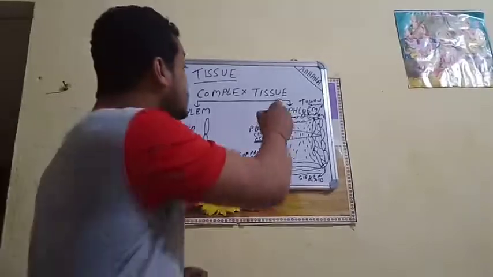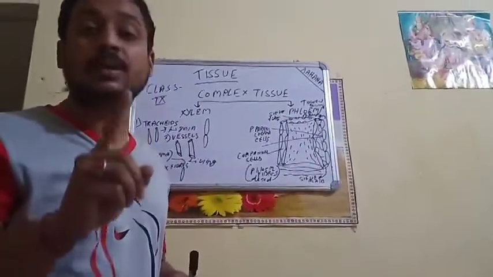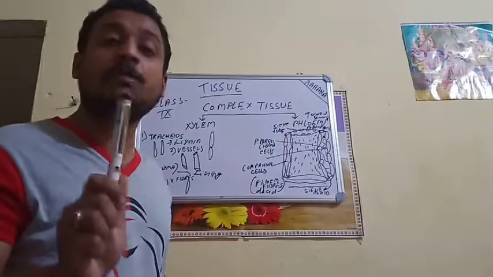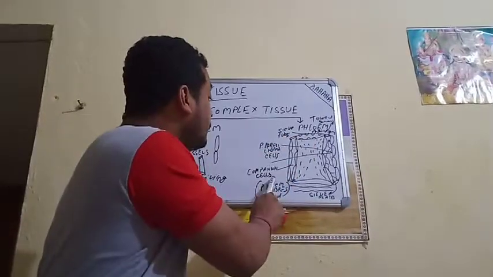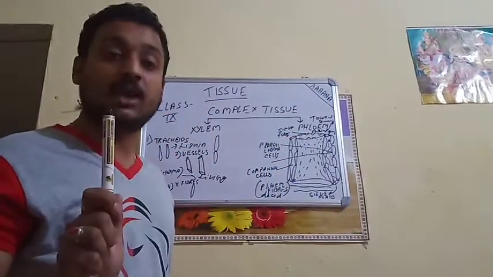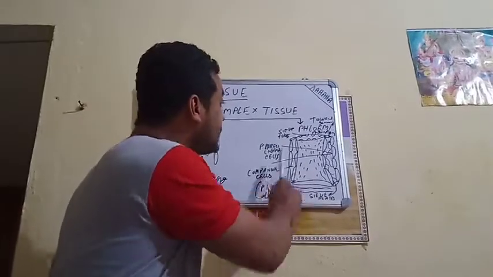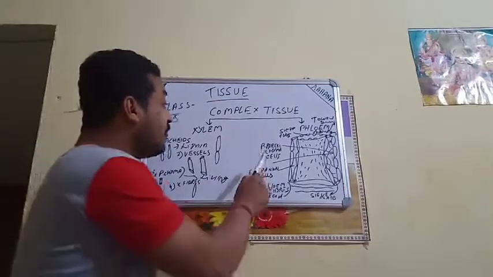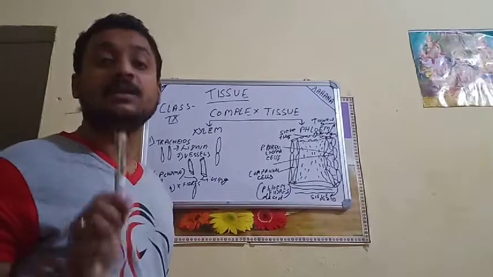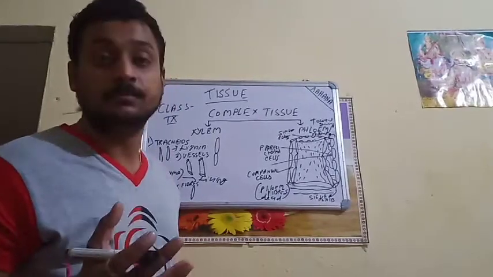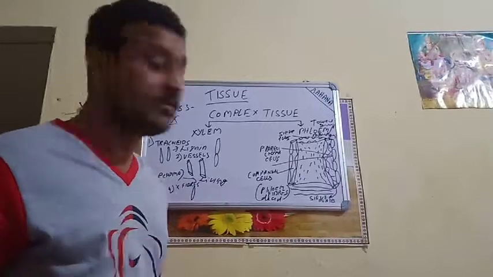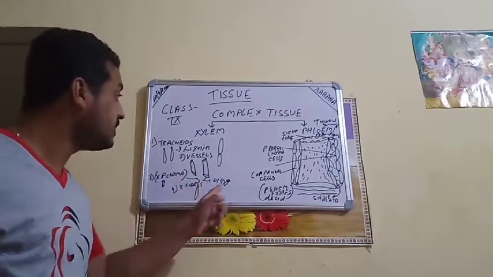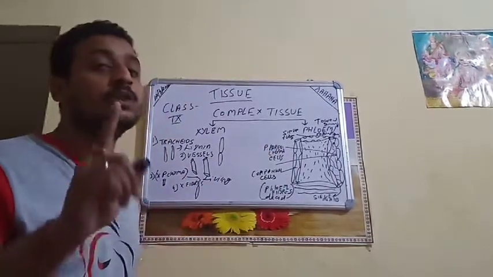All the metabolic activity of the sieve tubes will be conducted by the companion cells, because companion cells consist of a nucleus. Even the cellular functions, the companion cells help the sieve tubes to conduct the food material. Now, coming to the next, phloem parenchyma cells. Phloem parenchyma cells will store the food in the form of starch within itself. Just like the xylem parenchyma, which holds the water and minerals, the phloem parenchyma cells will hold the food.